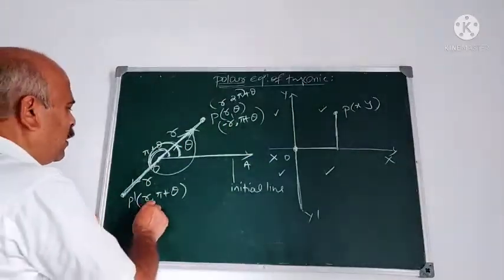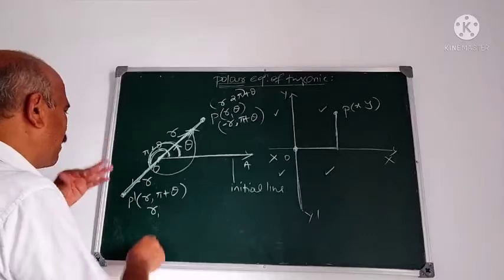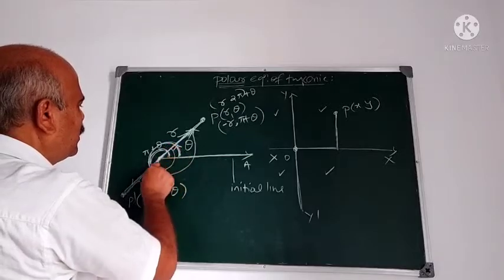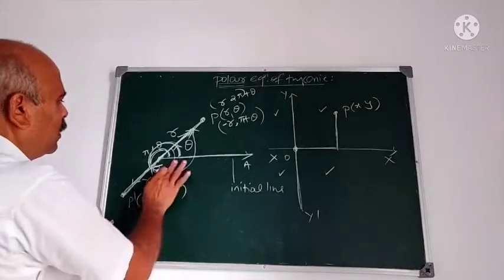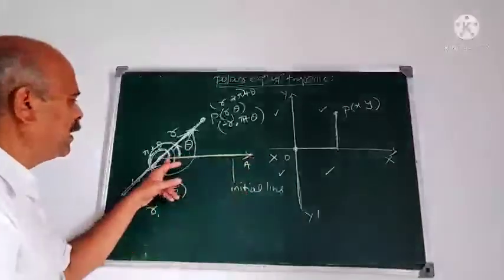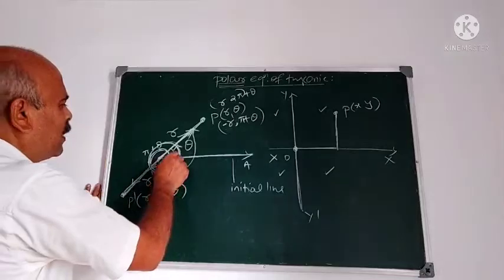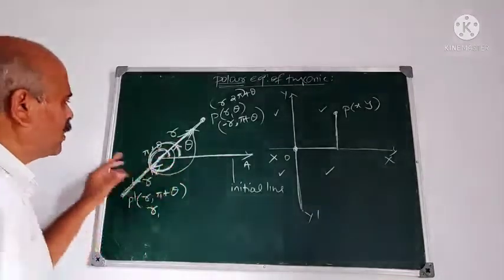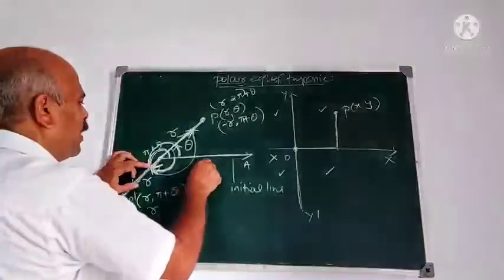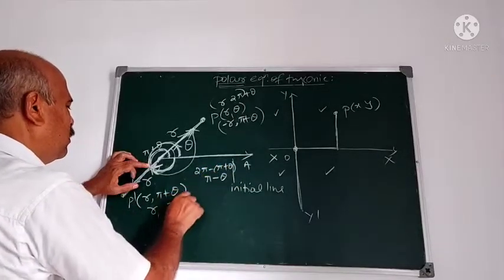And similarly here we can write r, where r is positive, (r, pi plus theta). But if we measure the angle in this direction, then what is this angle? I require this angle. This is the initial line OA, correct? I take the angle as pi plus theta here. If I measure the angle in the clockwise direction, what is this angle? 2 pi minus (pi plus theta). Therefore it is pi minus theta. So pi minus theta.